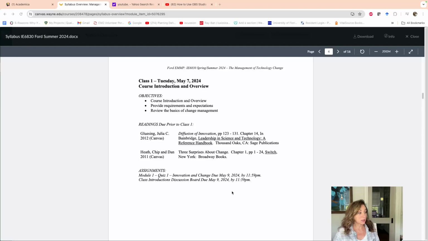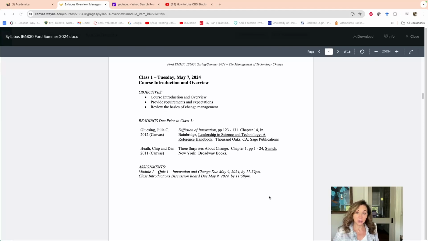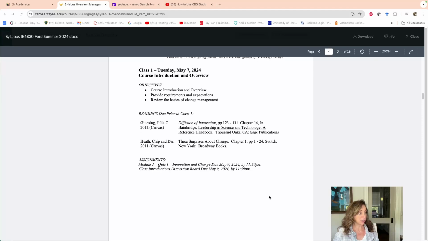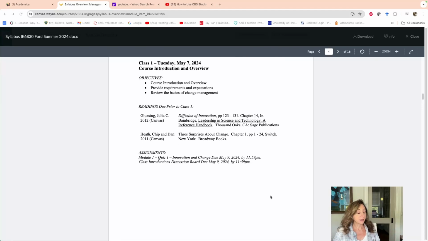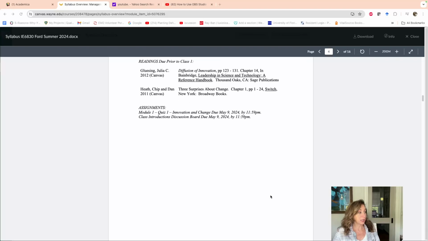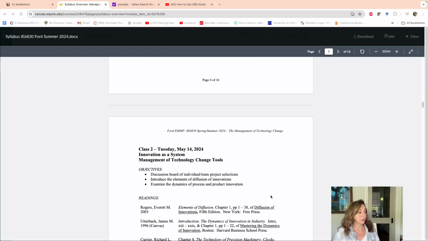It tells you when things are due. It tells you exactly what is expected and the objectives for each class and the date. You'll notice that the class date is 2 days before the date when material is due. I made an adjustment this year because I think a lot of students didn't realize that things were due on the day of class. So I adjusted it also because of the delay in getting it going. So you've got a couple of extra days to get material in.